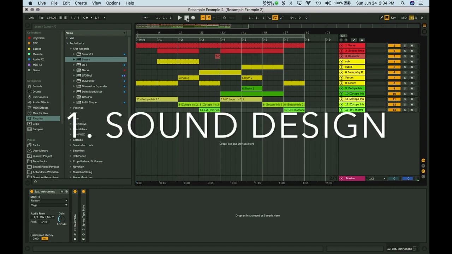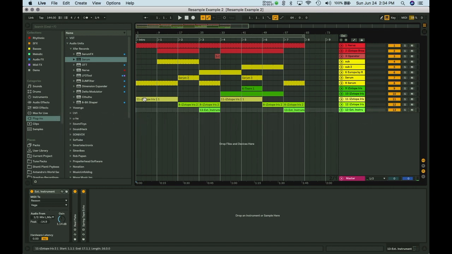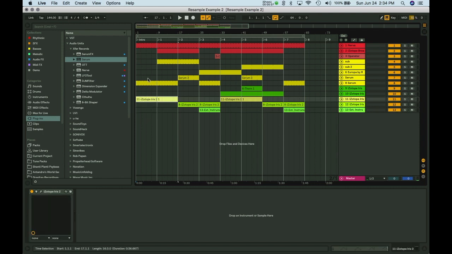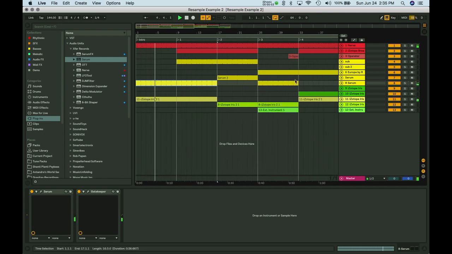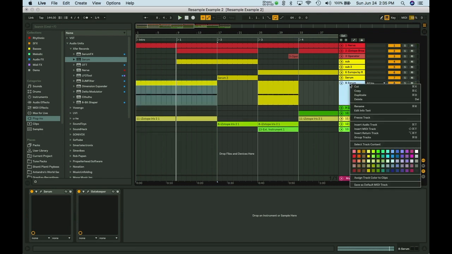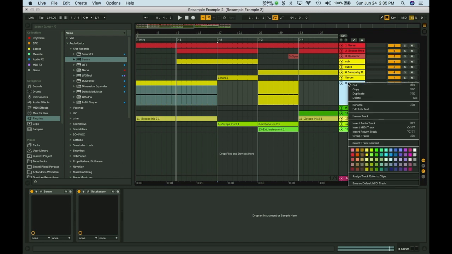Number 1, sound design. There's a lot of things you can do with audio that you can't do in MIDI, including bouncing audio from one plugin to another. So, for example, let's listen to this intro part right here. So I have this part here made with Serum, and if I just go ahead and bounce this to audio,